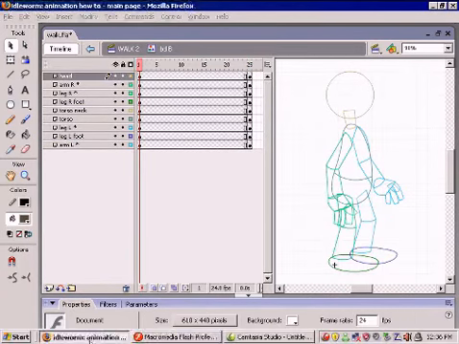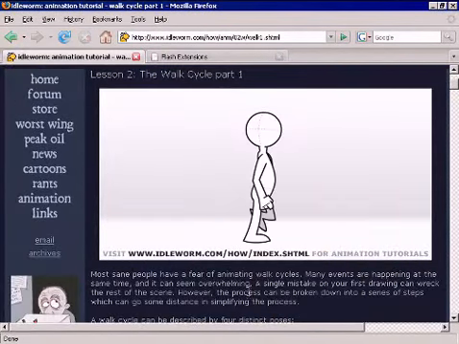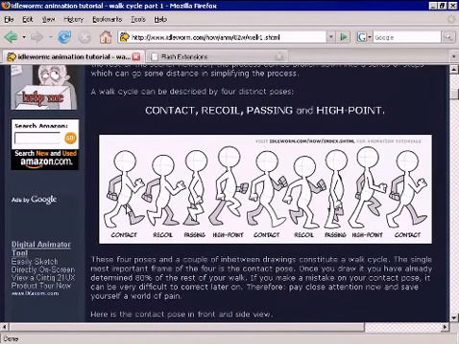Now to go back to the original lesson, we've got the 4 main poses. I'm going to stop that from looping so it doesn't mess up our frame rate. So the classic start pose, contact, and that's the most important pose in the walk cycle. And we work from the contact pose into the contact pose. And once you determine your contact pose, that's pretty much your walk cycle's character and personality determined. You're not going to be able to do drastic alterations in these poses. Everything works around contacts, and the reason why is because the feet are at their most extreme positions relative to the character. So it makes most sense to build your walk around the contact pose,